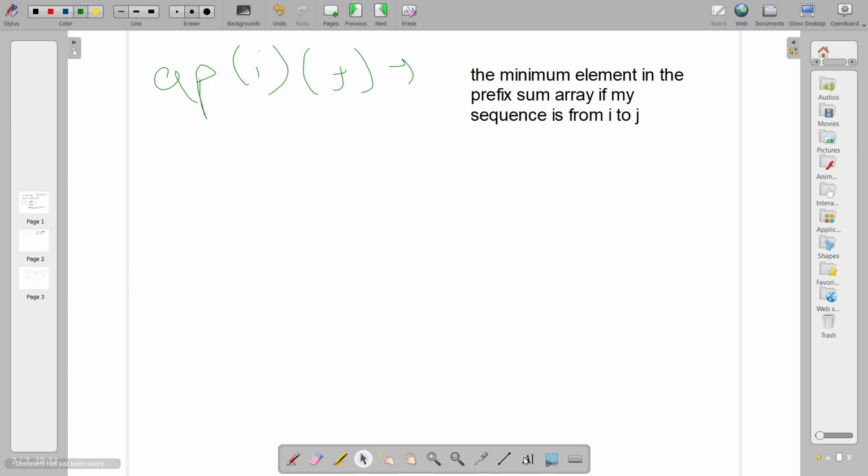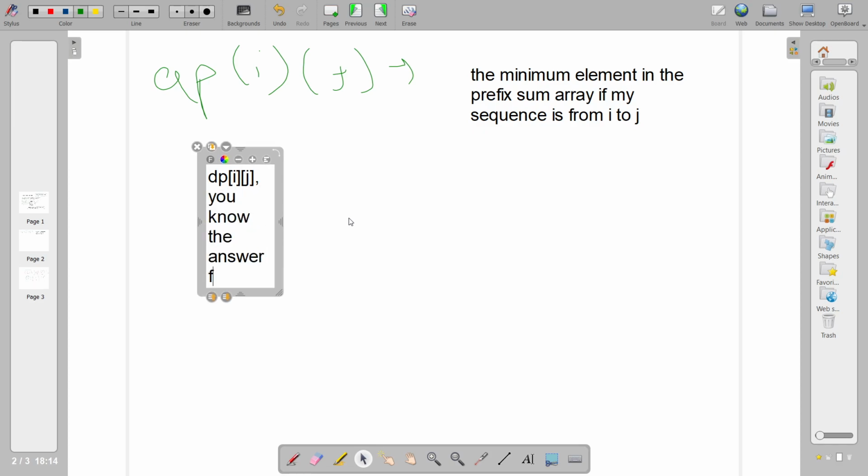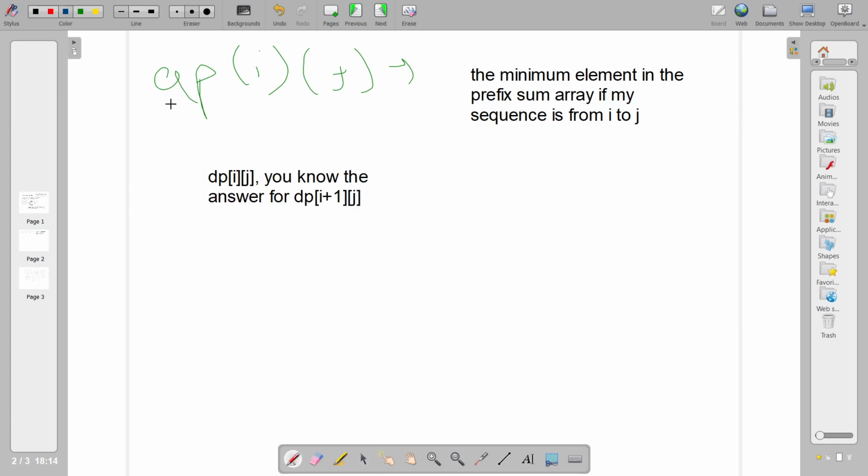To calculate dp of ij, you know the answer for dp of I plus 1 j. If you have maybe this sequence from I to j, and you know the answer for the sequence from I plus 1 to j, that is, the minimum element of its prefix array.